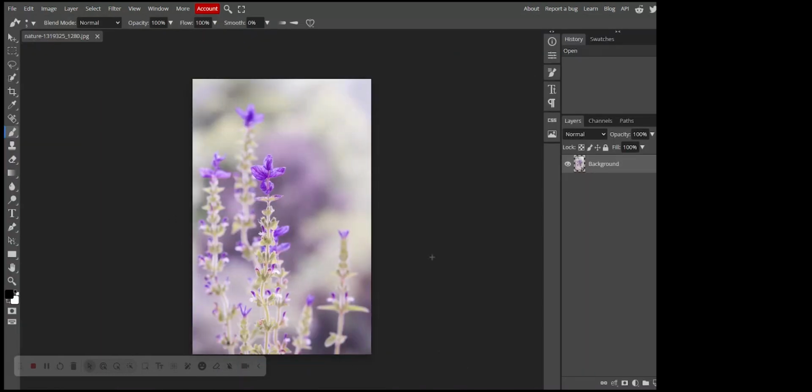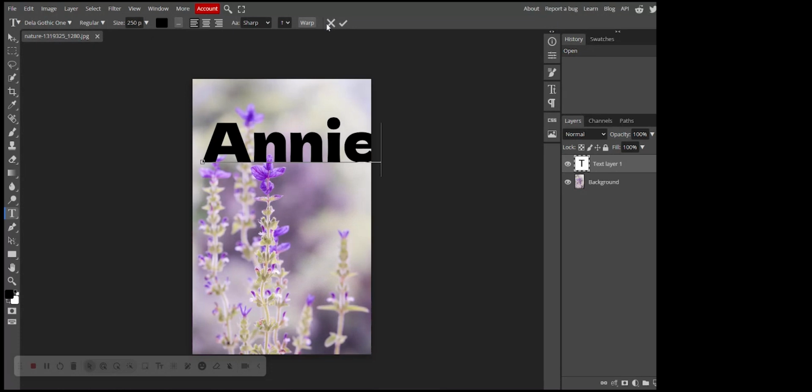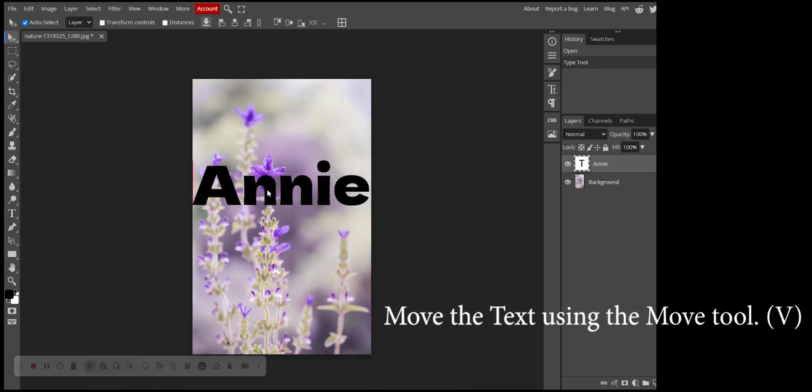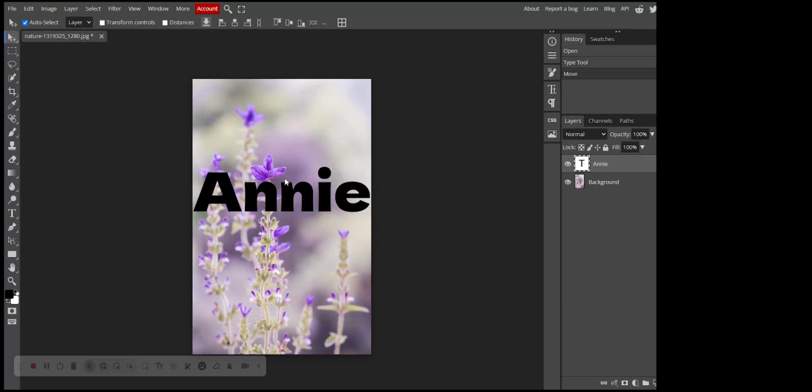From your tab, you choose the text icon, resize this font to the highest size possible. If it's 250 or 150, you could adjust later on. So I have it set for 250, and then I'll create my text here. You are going to move your text to a position where you can make something pop up out of the picture. So I plan to make this lavender pop out in the background,